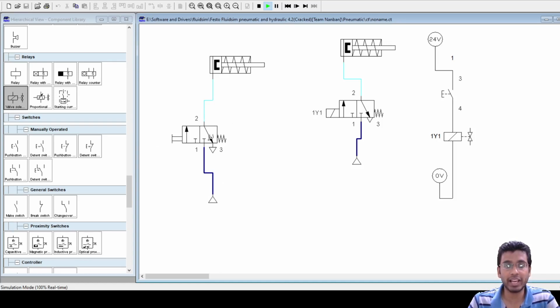Instead of this entire actuating mechanism, the push button valve gets replaced by a push button switch in an electro-pneumatic circuit, and your pilot operated or mechanically operated valve in your pneumatic system will be replaced by a solenoid actuated valve here. Otherwise, if you see the basic construction of the valve, it is still 3/2 here, and it is 3/2 in this part also.